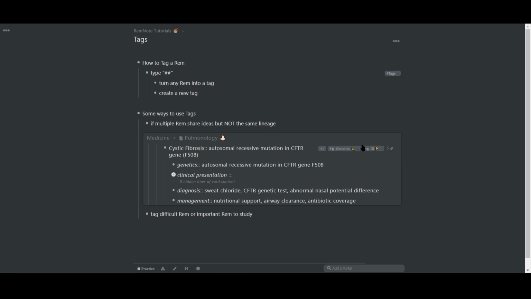But I've also tagged it with genetics because cystic fibrosis is a disease caused by a mutation in the CFTR gene. I also tagged it with gastroenterology or GI due to its effects on the pancreas. And I also tagged it with urology because many men who have cystic fibrosis do not develop a vas deferens,